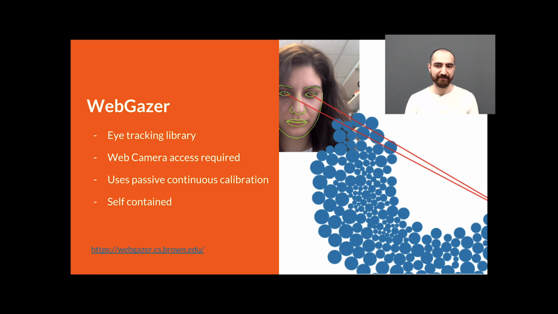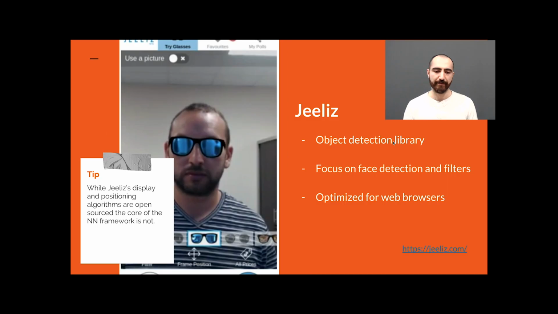Obviously, you're going to need webcam access. It is, well enough, a JavaScript library, which is great. This is all going to be front-end client facing. There is no server-side processing involved, so it's self-contained. Okay, so let's move on